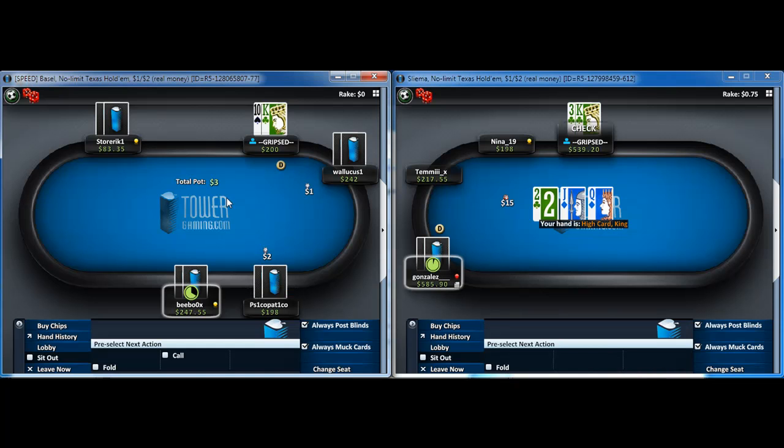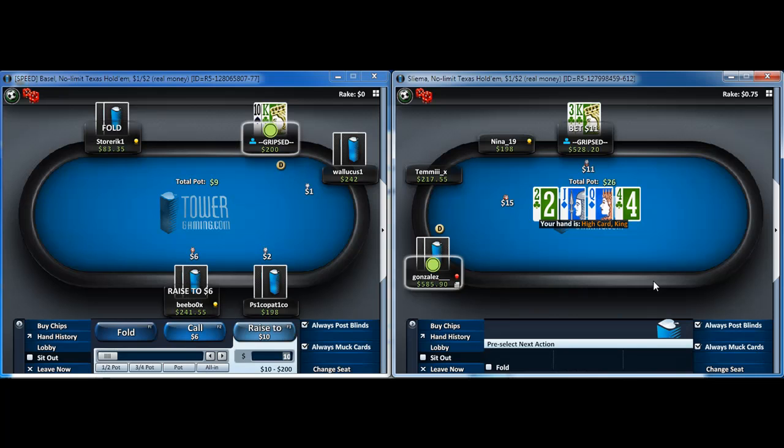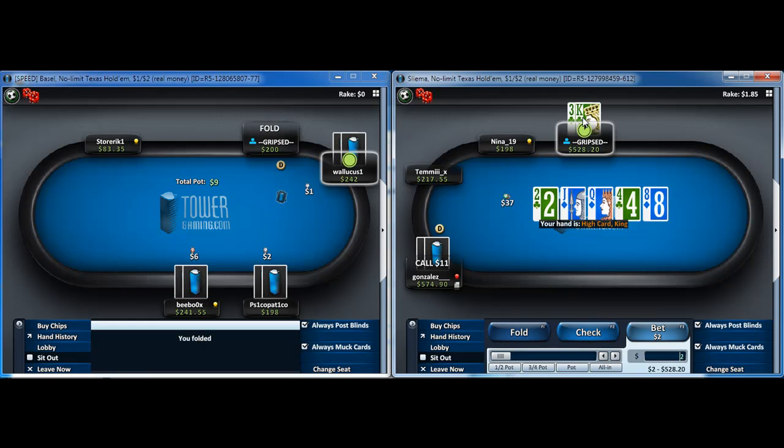So rather than get myself into a sticky spot against a good player who's going to have position, I just let it go, lose my big blind, no big deal, and focus on playing spots where I have a much bigger edge. Okay,